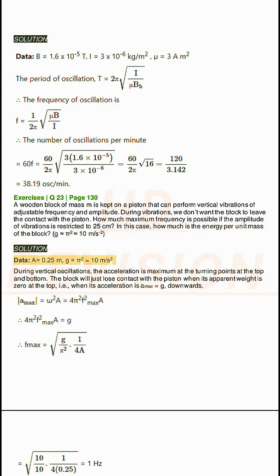Solution. Data: A equals 0.25 meters, g equals π² equals 10 m/s². During vertical oscillations, the acceleration is maximum at the turning points at the top and bottom. The block will just lose contact with the piston when its apparent weight is 0 at the top, i.e.,